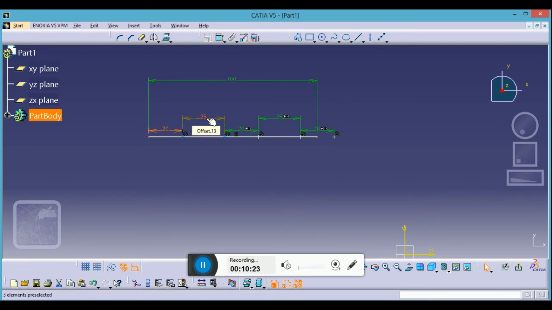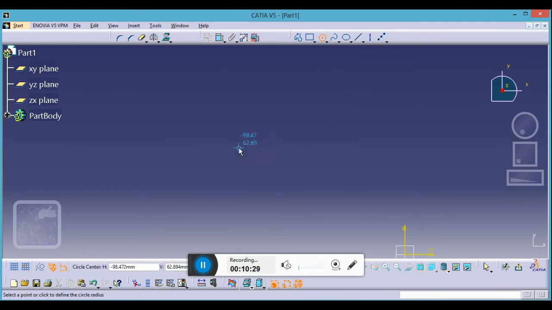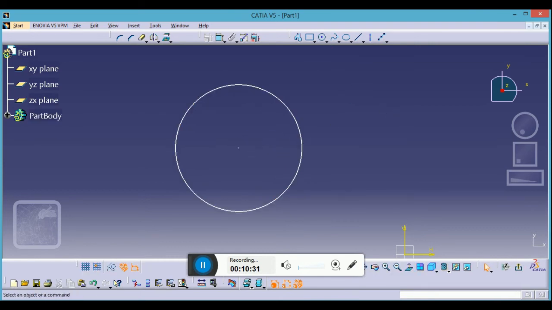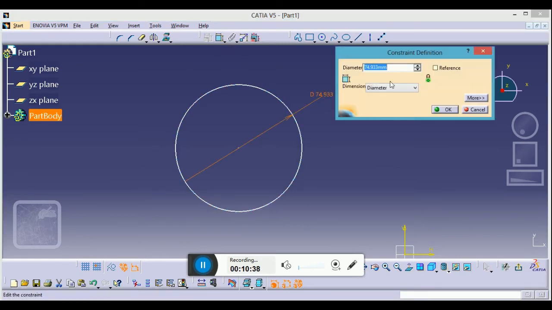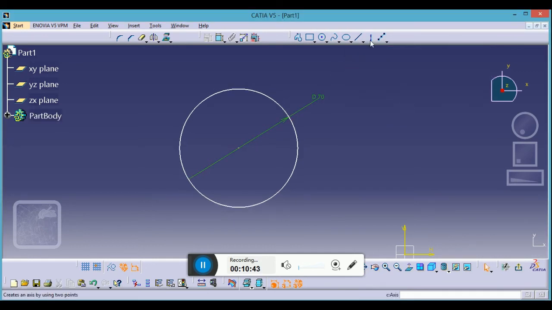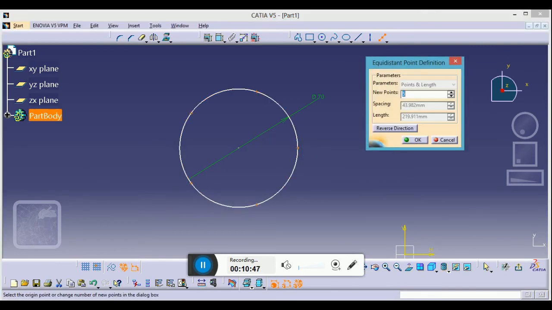Now the same thing can be done with the circle. Just press over here, form a circle and just give its dimension. I'm making it a 70 mm diameter circle, and just press this. Okay, you'll have these 5 points generated over the circumference.